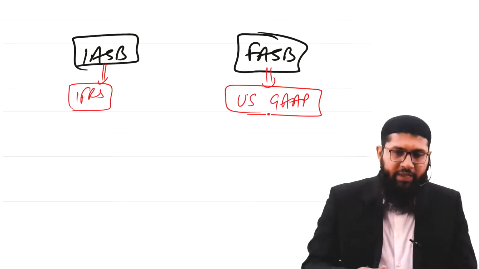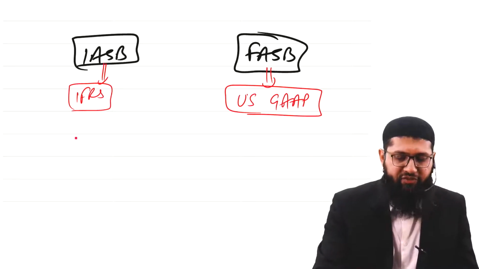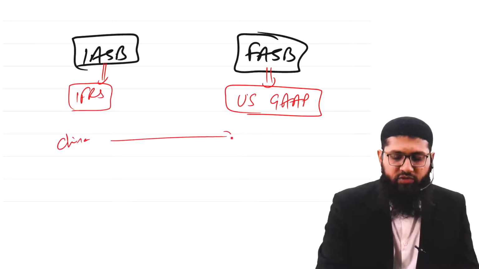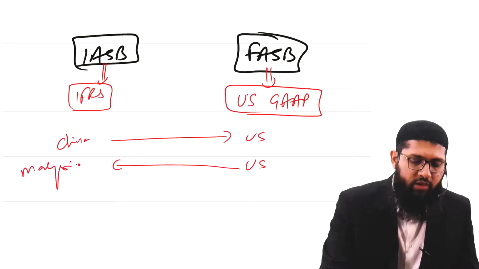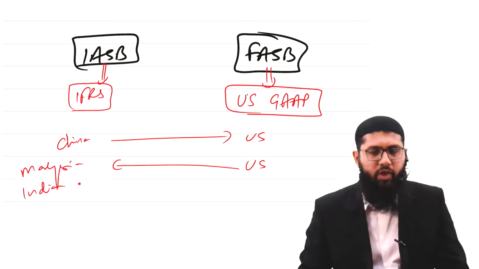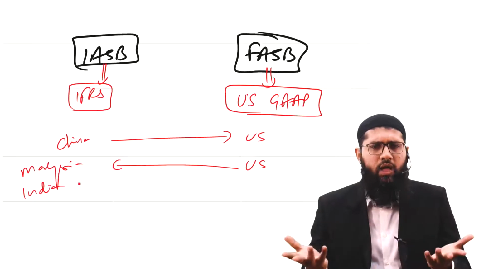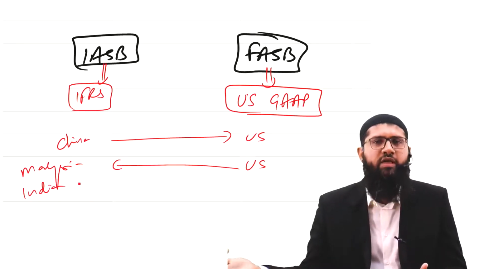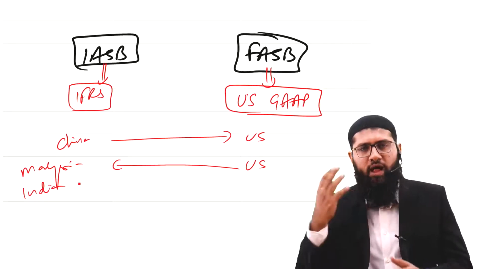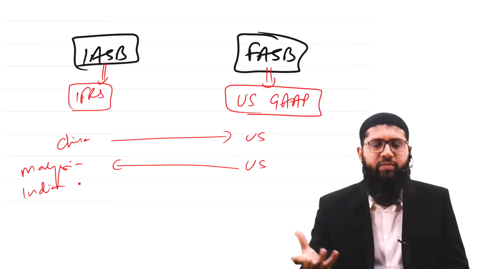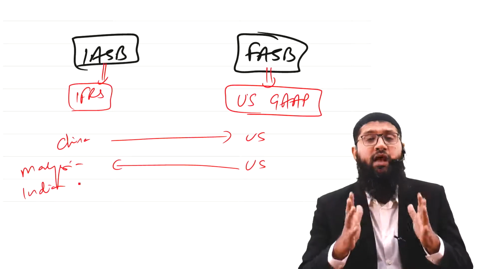Now, over a period of time, globalization has happened and it has now become very easy for somebody sitting in China to invest in US, for somebody sitting in US to invest in Malaysia, to invest in India, etc. So what happens is there is cross-border investment, because the countries want foreigners to invest in their country. Now, what used to happen was the accounting standards introduced by FASB were very different to the accounting standard treatment by IASB in many aspects.